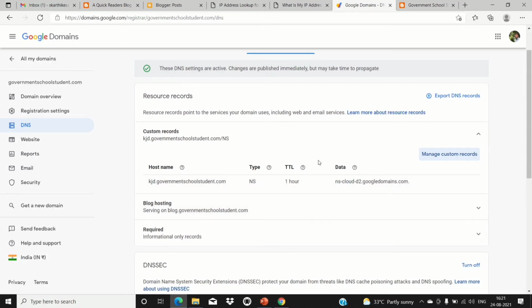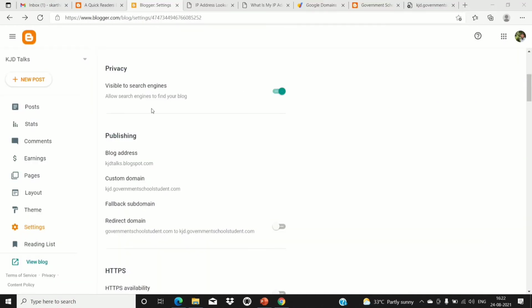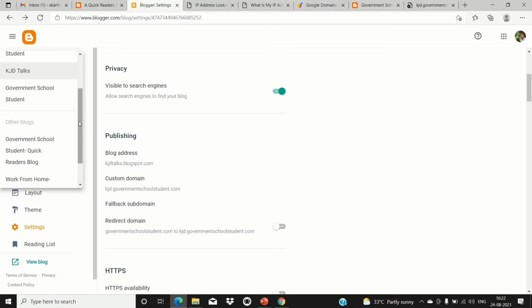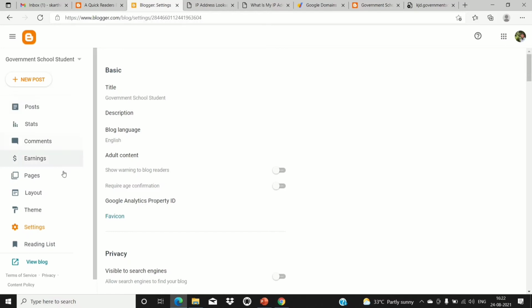Okay, let's see how to connect this subdomain with our blog. I have logged into my Blogger, and here I created two new blogs, and I have gone to settings here.